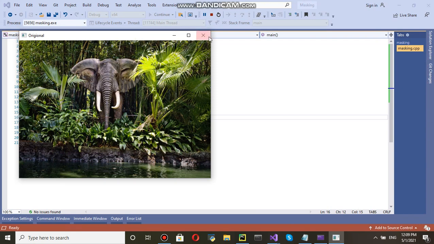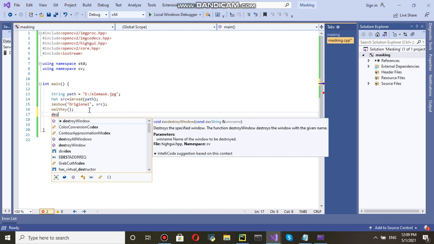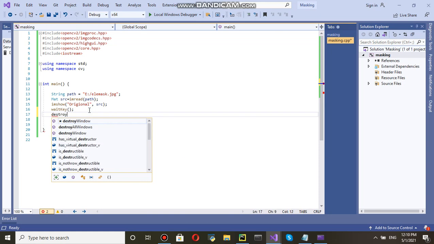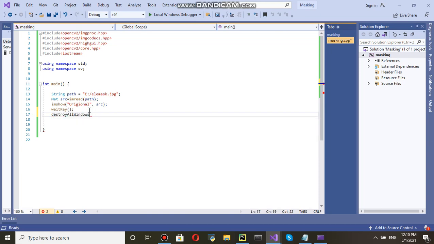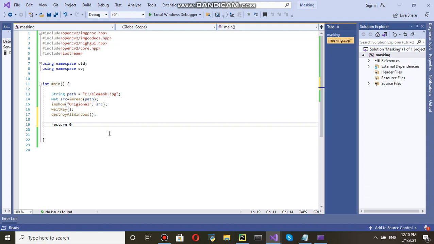Now we have to do masking on this original image, right? So here it is better you write destroyAllWindows, and main is of type integer, so return 0.